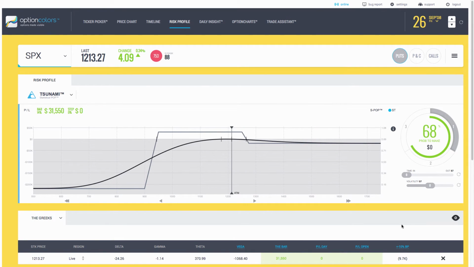The initial margin of this trade using the standard Tim's risk model measuring up and down 10% is only about $10,000. We'll make a note of that. And our initial credit in here, which I call the bar, based on that Tim's margining method, is actually 324% up here. If you're not familiar with the Tim's model,